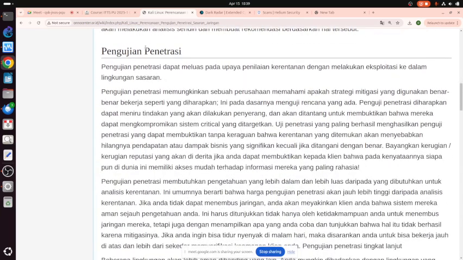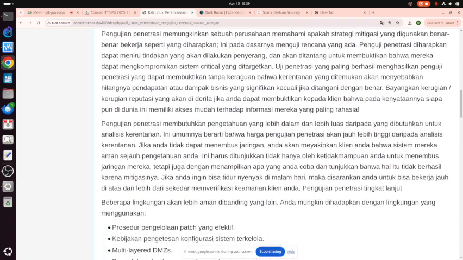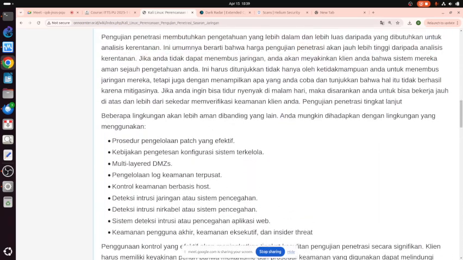During the penetration test itself, we can evaluate how they manage the patches, test the configuration of the system, and if they have a multi-layer demilitarized zone, DMZ, we can evaluate this too, and there are many things.